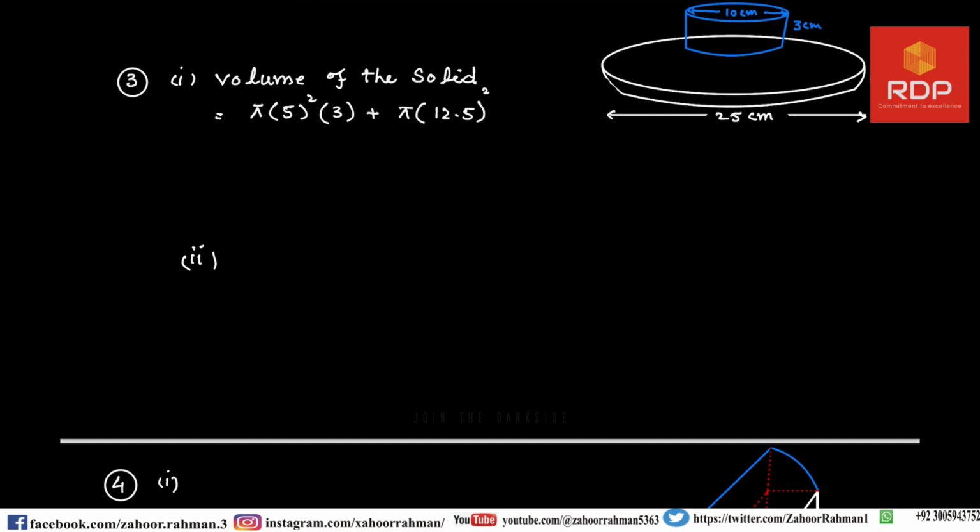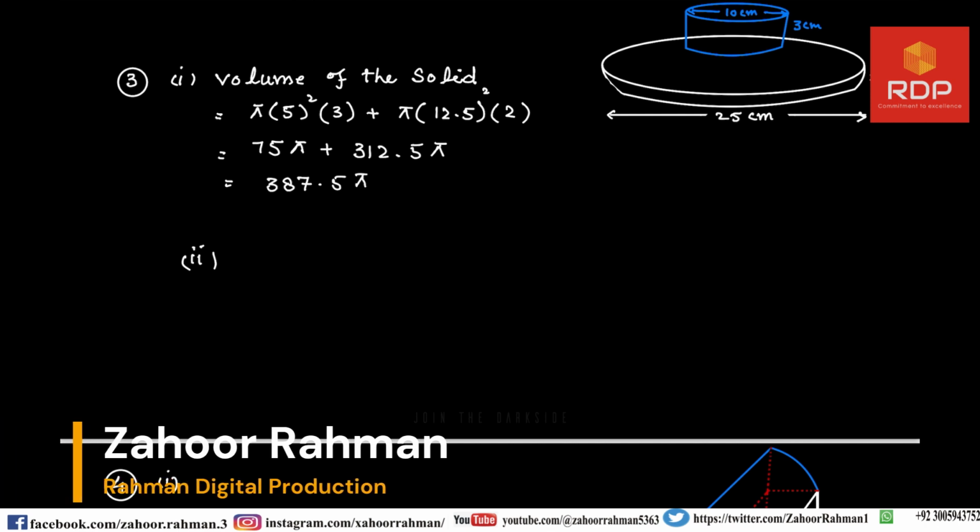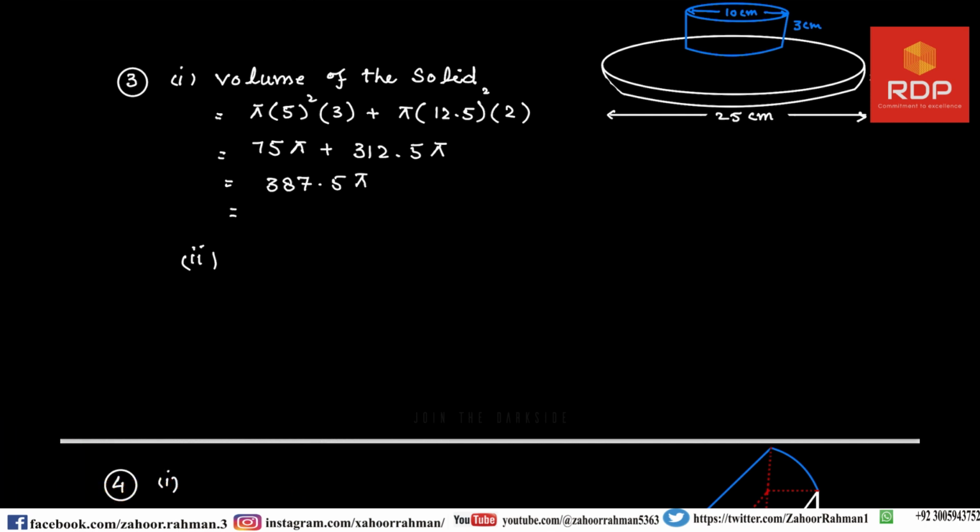Now 2 is given as the height of the larger cylinder. When we calculate this and add, first we will get 75 pi, and the second portion we will get 312.5 pi. When we add this, we will get 387.5 pi, and after inserting the value of pi, we will get